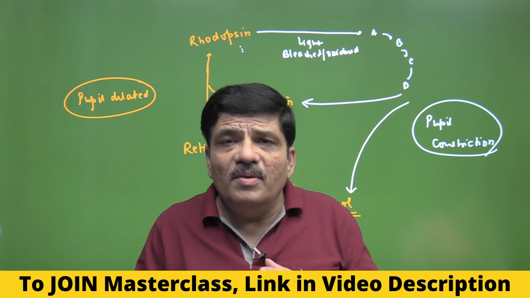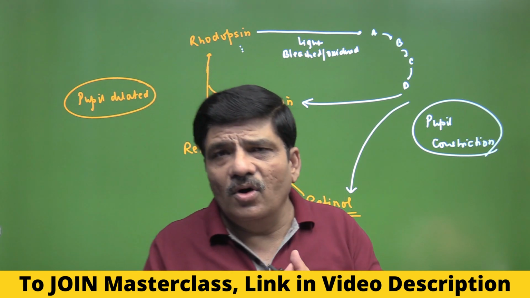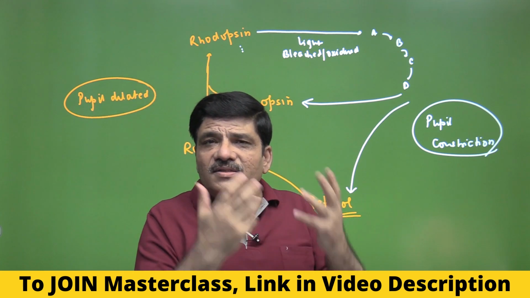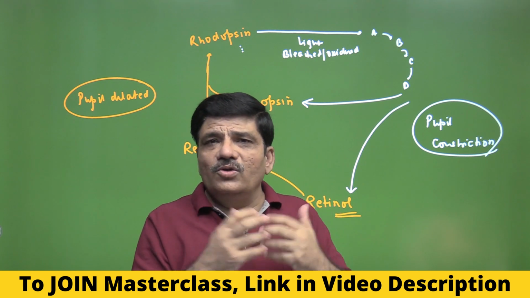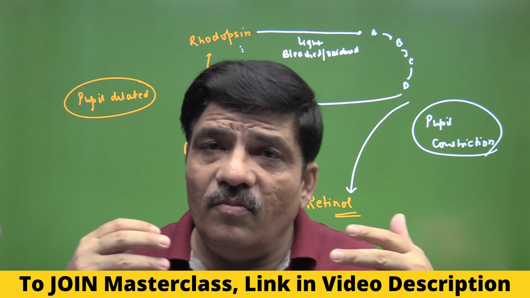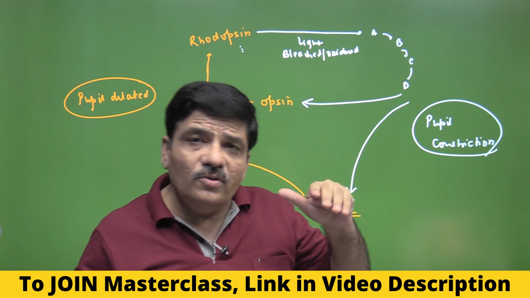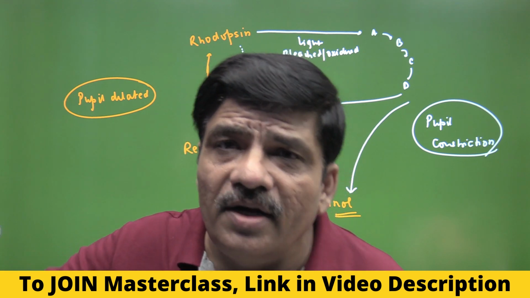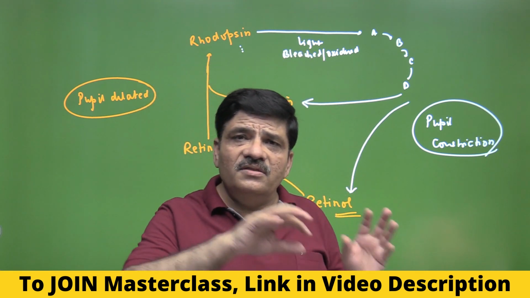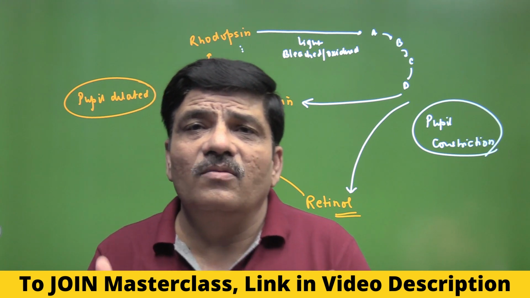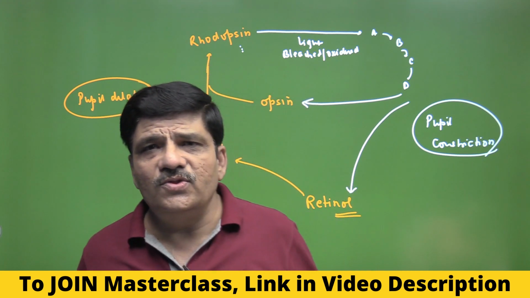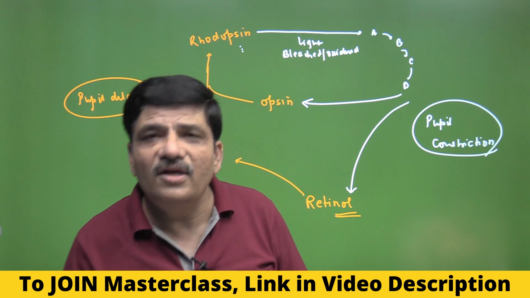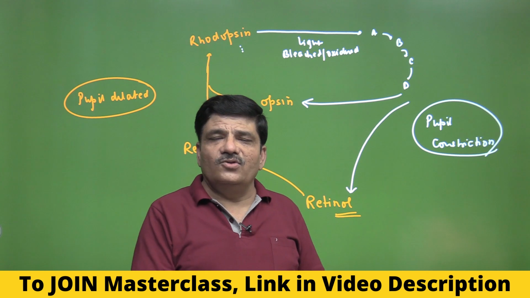Now, the final thing to remember is that the optic nerve that leaves the eyeball is carrying the afferent fibers. So the sensory fiber, so it is a sensory cranial nerve, and you know that the optic nerve is the second cranial nerve. Where will be that final destination actually? It will be in the visual cortex. And do you remember that the visual cortex is located in the occipital lobe, where this sensory input is analyzed and is converted into an image, and you are able to see an object. So these are the basic questions that have been given in your NCERT regarding this sense organ, which is the human eye.